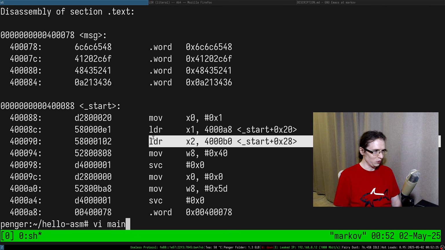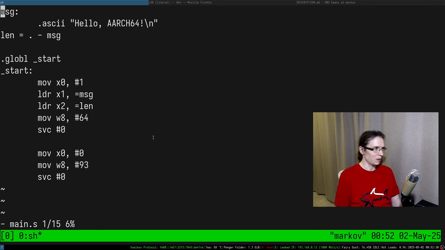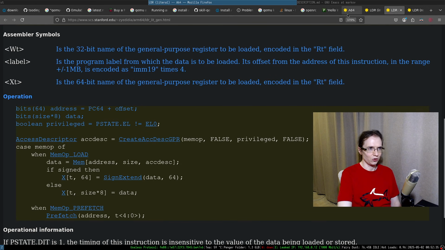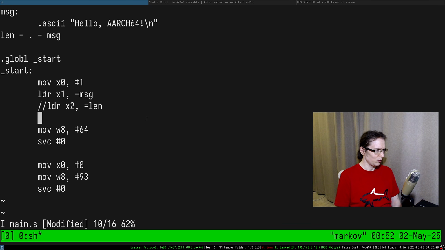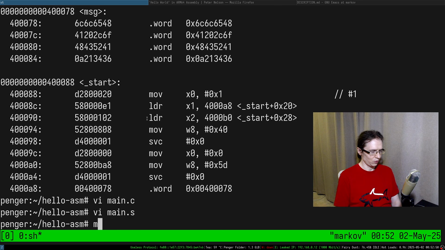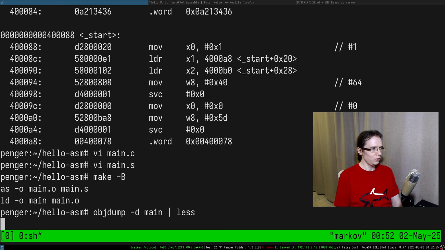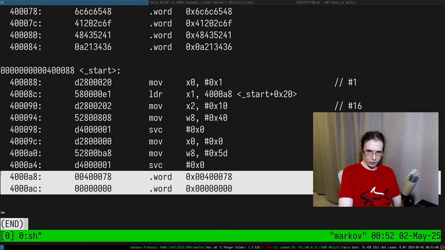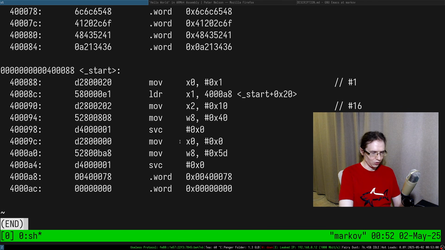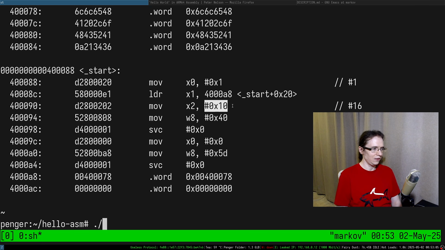So we can try to do the thing that the chat says, just use mov, right? So we can do mov directly just to test things. How do you comment out? Okay, so I can probably use this thing. Okay, so this is mov x2. Let's do 16 directly. Can I put 16 directly in here? Right, so I can do something like that. Okay, so objdump. As you can see in here, there were 3 words in here before. Since we removed that length, that word does not exist there anymore. And here into x2, we're directly loading 16. Let's see if it's going to work.